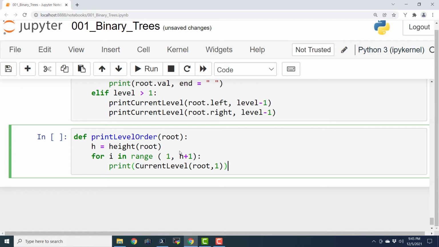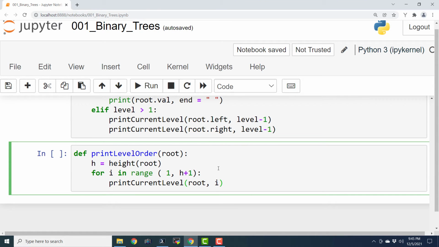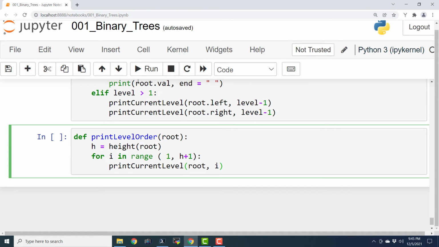Okay, I made a small mistake. Here it shouldn't be multiple words. Yes, so here root comma 1. Sorry, this is not 1, this is supposed to be i. So for every level we are printing all the given elements. So it is going to print the level order.